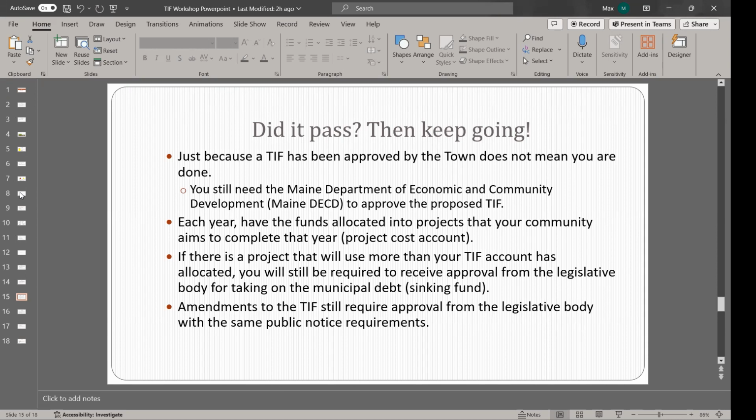And also keep in mind that any amendments you make to this TIF, that's including new parcels, taking out some parcels that you don't think are beneficial. Same thing with projects. If you want to include new projects, take out some projects. Any changes you are making to this TIF district will always require the same approval process as you did to create it in the first place. Same public hearing notice, same requirements to get the town to approve it. Still has to get the Maine DECD to approve it. They're the same requirements just to amend the TIF. So keep that in mind.